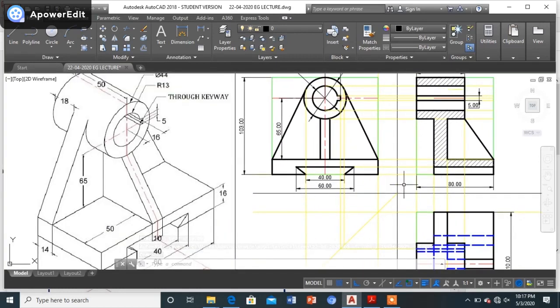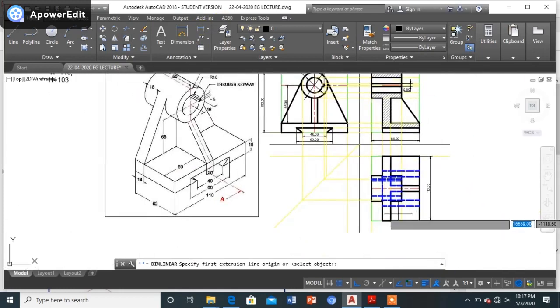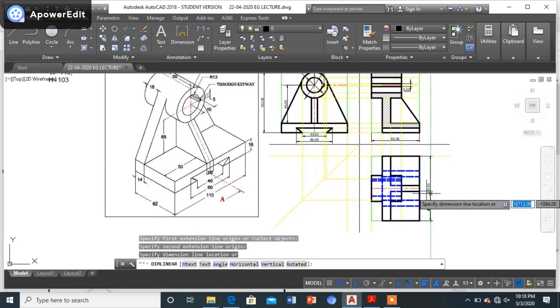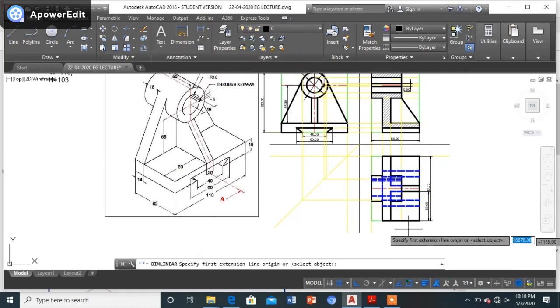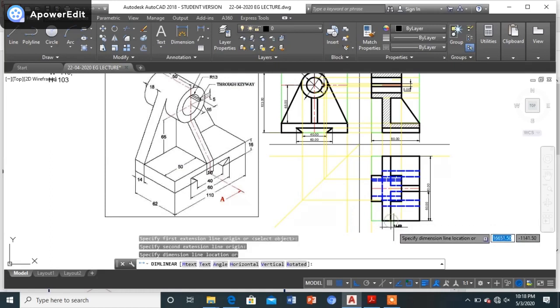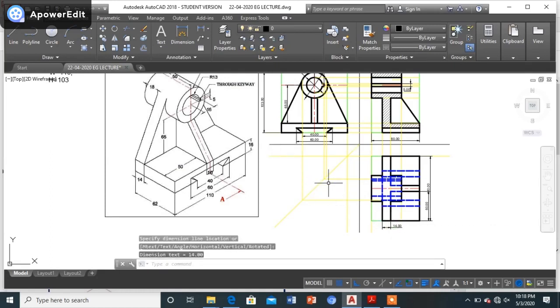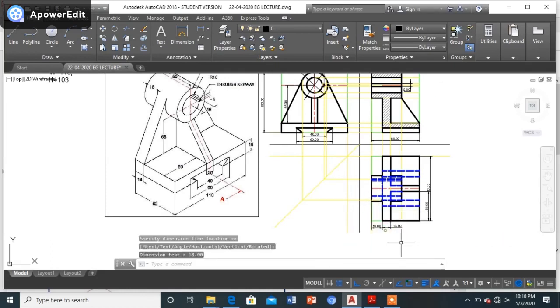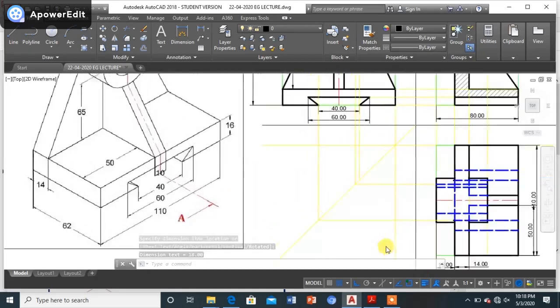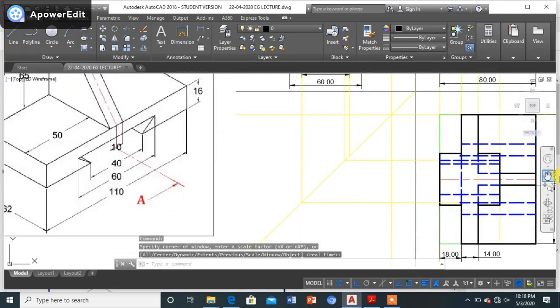Even some of the dimensions which are left out, I can show very clearly, my dear friends. So this is how it is 50 mm, that is shown clear cut. From here till here it is 50 mm. Okay, whatever this distance is, it is 14. This distance is nothing but 14, which was given to us in the problem. The left out dimension from here till here is nothing but 18. Very clear to us. You can just see it clearly. The distance is 18. Yes, of course.